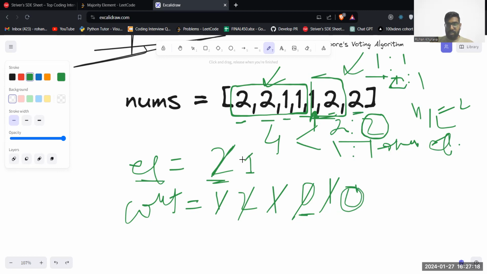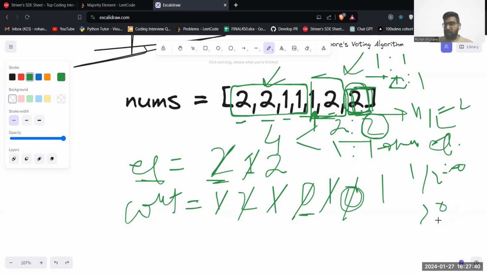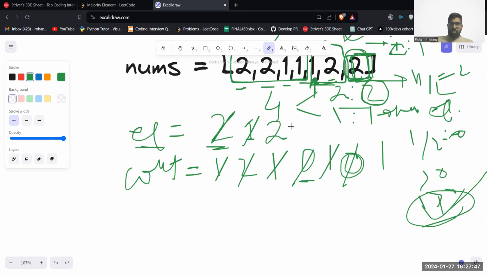So when we are at this position, this becomes our element, and our count becomes 1. Great. Here it goes up. Now in this sub array, 2 is my majority element because 1 is the length and 1 divided by 2 is nothing but 0. It should be greater than 0. Then the count should be greater than 0 and here it is 1. So 1 is greater than 0, right? Great. So I'll assume that 2 is